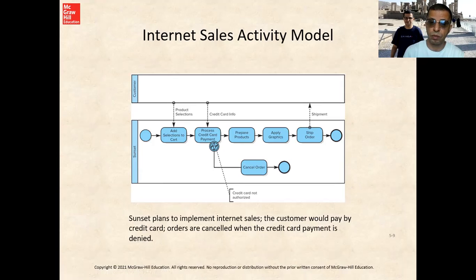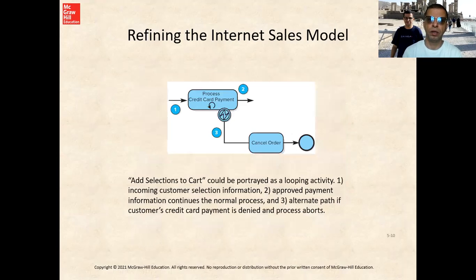The customer would pay by credit card. Orders are canceled when the credit card payment is denied. And also an order can be canceled when the product is not available. But on the internet, we can connect to the warehouse to find out whether the product is available also. Anyway,